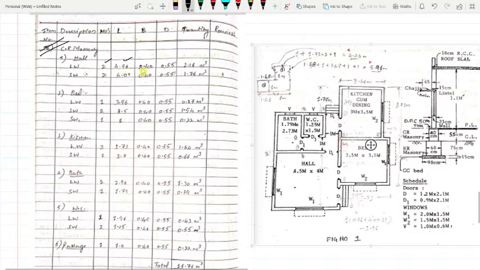Just see how much the wall is. 40 centimeter. Just see the breadth of the CR masonry, coarse rubble masonry.